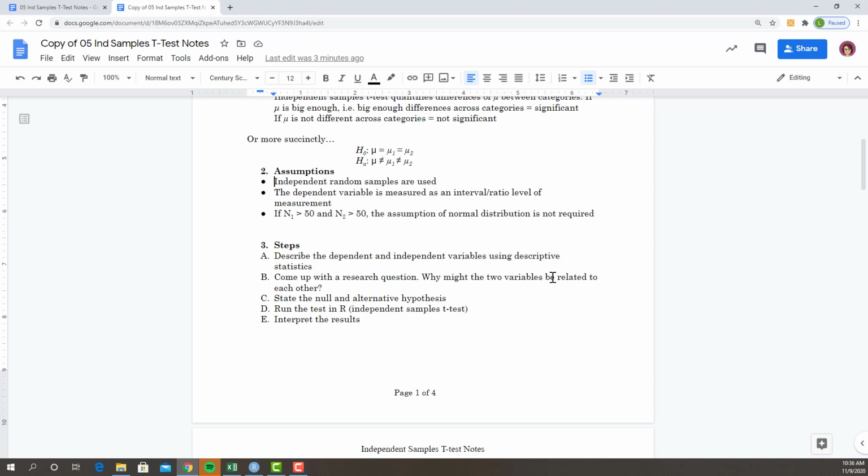The third assumption is that if the number of observations is less than 50 in each group, you don't have to assume that there's a normal distribution. But if your observations in each group are larger than 50, you want to assume that they're normally distributed. So you will be looking at these groups to see, are they roughly equal to each other in